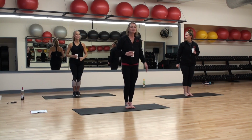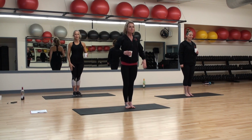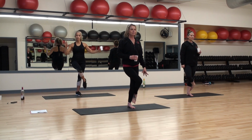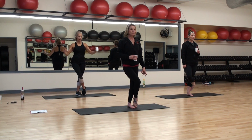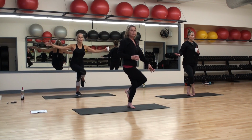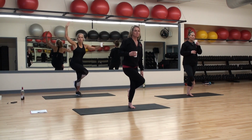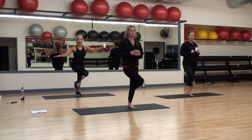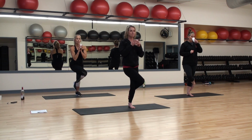Okay. So you're going to stand up nice and tall. We're going to cross one leg over. Depending on how many glasses you've had, if your balance is a little bit off, you can keep one toe down, cross it over, or bend down and reach it behind. You may want a wall or something next to you, a chair, for your balance purposes. You can also bring the wine out in front. You can keep it here,